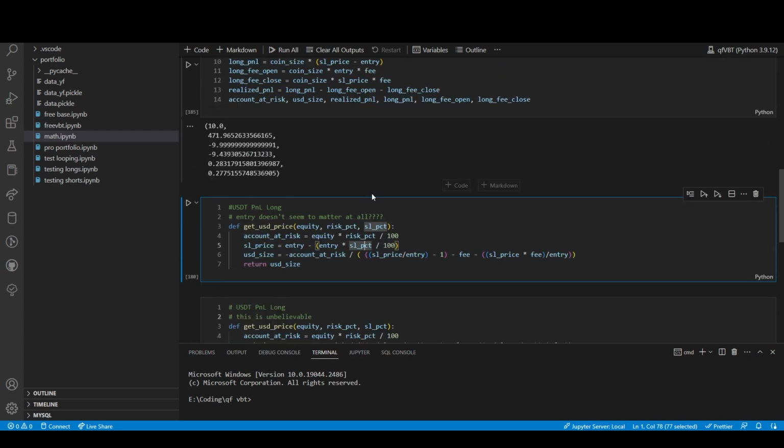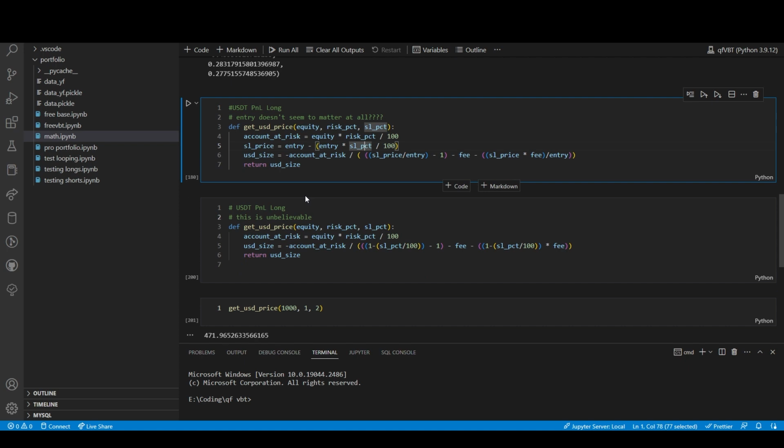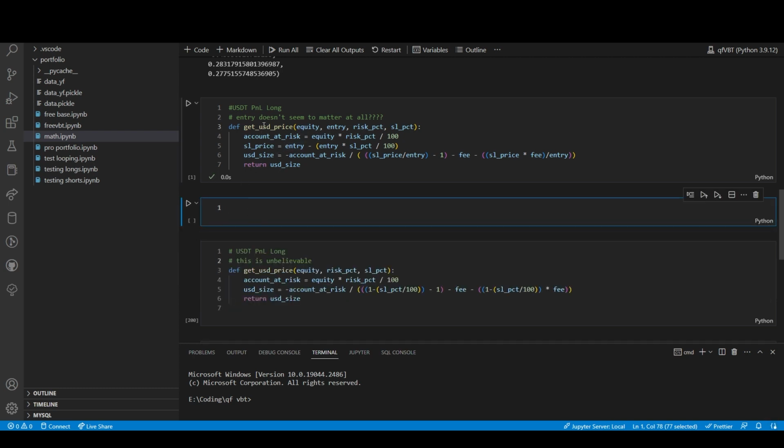Then I decided to try to figure out how to get it to do the average entry. But then I realized as I was changing the entry that the entry doesn't seem to matter at all. So this has the entry. And then if we do this, we do 1,000%